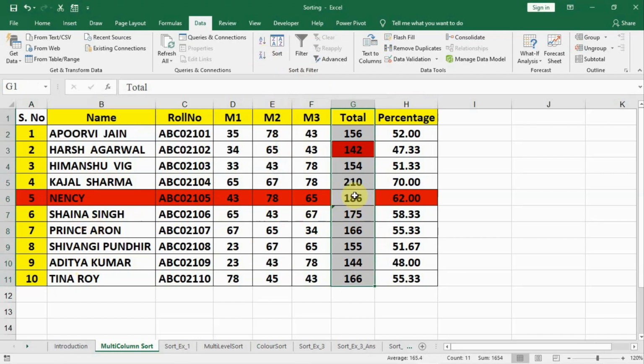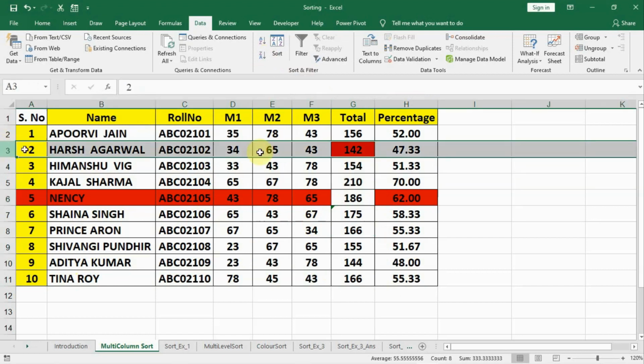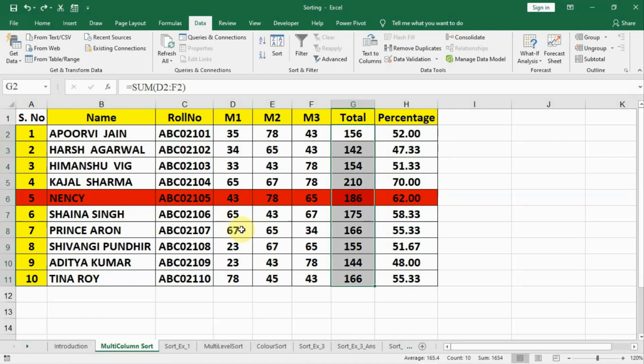So the marks of Nancy go to this student Harsh Agrawal, and you see the red color goes on the top and their marks get interchanged, whereas the rest of the data remains there. So this is also not correct, because in this way all the students' marks would have been interchanged with other students' marks. Let us press Control Z and try to find the right method.